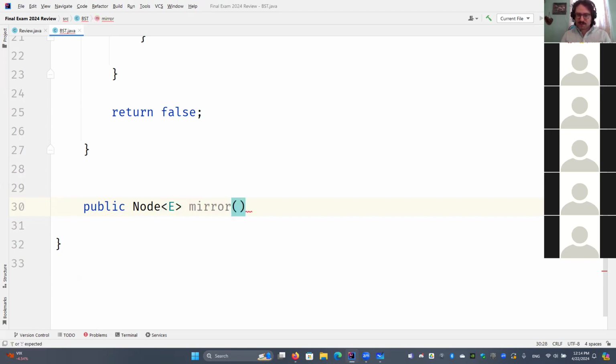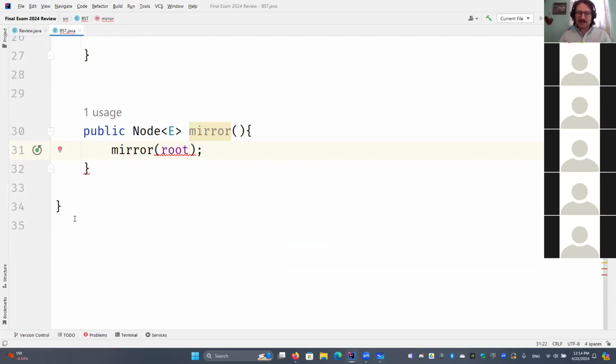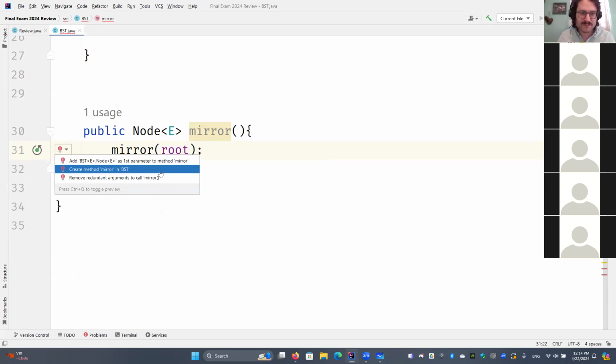And let's just go ahead and do it the weird way that I like to do it. Just to remind you, you can write more than one method. Okay, mirror root. Right? And the important reason for this is when I do it this way is to remind you